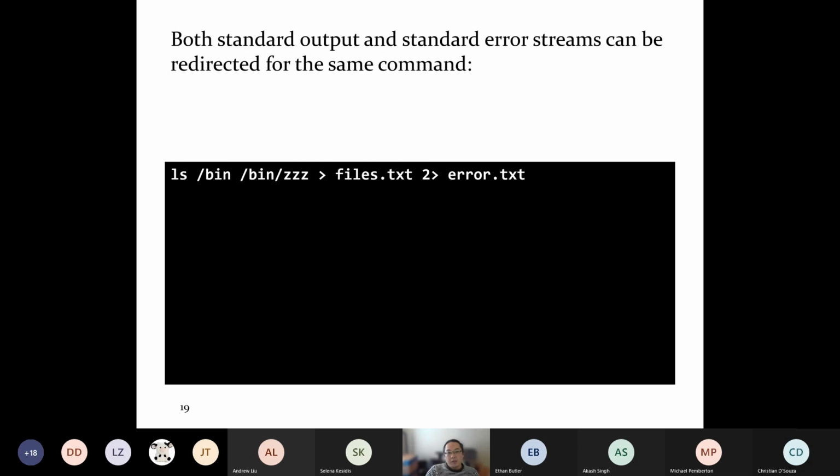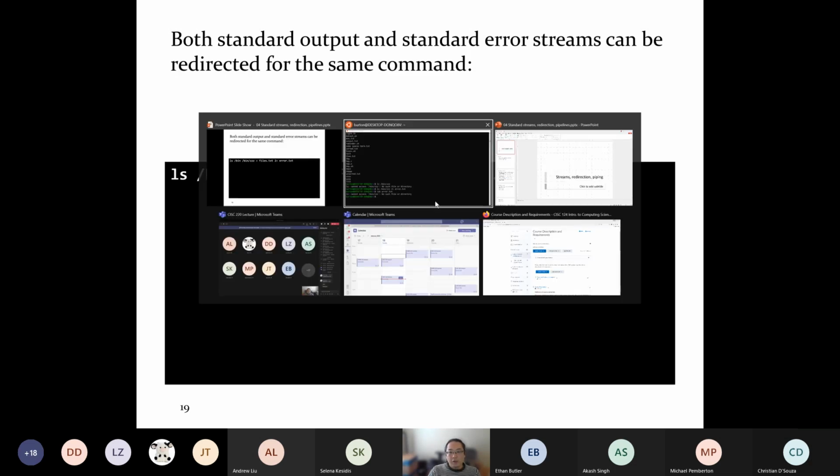And you can redirect both streams at the same time. So if I run the ls command, asking it to list the contents of bin and then to print some information about the file bin -z, ls actually sends output to two different streams. It sends the contents of the directory bin to standard out, because there is a directory called root bin, and then it sends the error message to standard error. So if I just ran that command on its own,